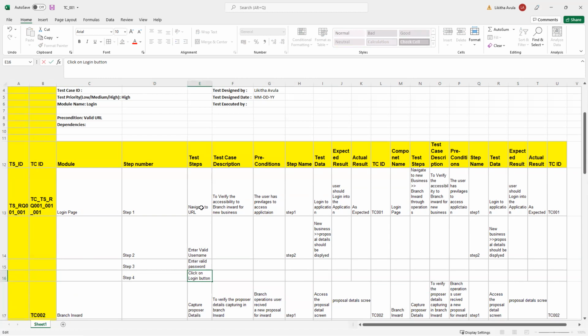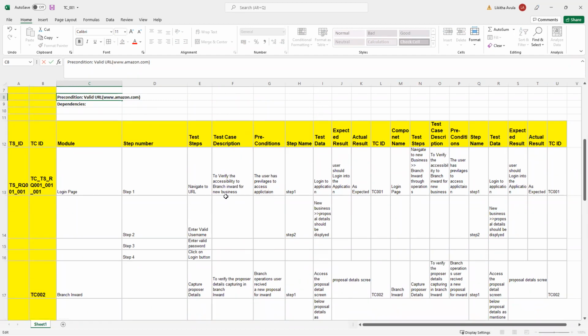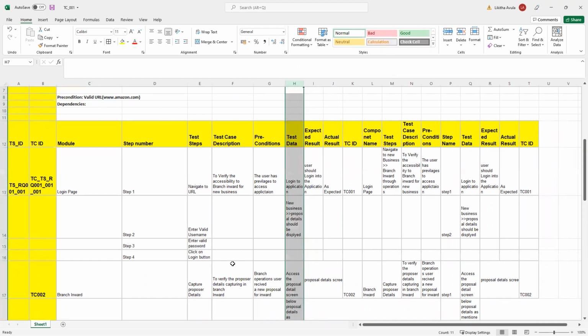So just take an example, login to Amazon. Then the valid URL will be www.amazon.com. So this is your URL, and you will use this URL. Then this is step 1. Oh, here you already have a step name. Okay, just delete this one. Okay. So this is your test scenario, requirement 1, and this is your test case. So after that,